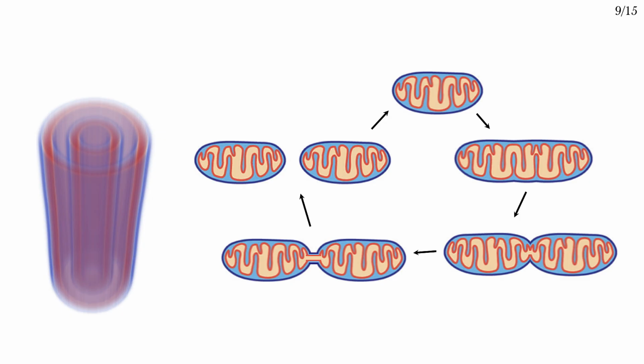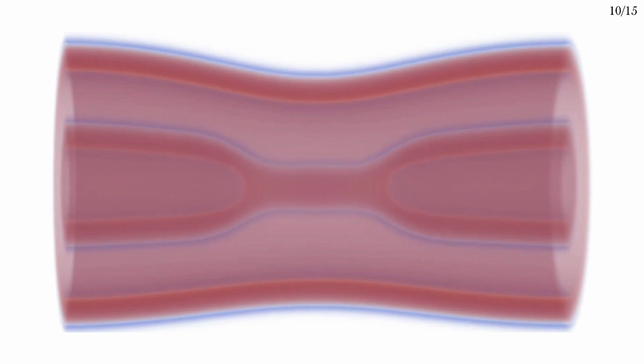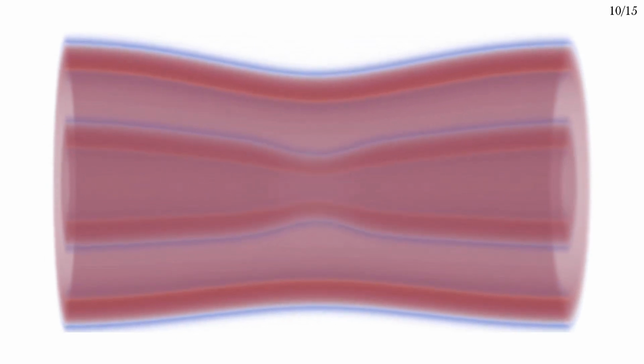But I told you from the beginning that I'm interested in double tubes. I can redo the calculation that I showed you for a single tube, but with another tube around it, i.e. looking at the fission of a double tube. It looks like this, but when I calculate the free energy barrier, it ends up being basically the same. A little lower, but barely. This is likely due to a small amount of pressure from the outer tube squeezing the inner tube.